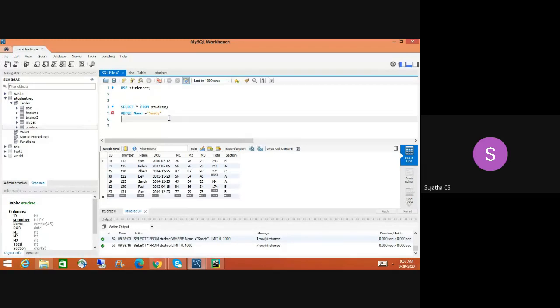So when you apply AND, imagine the truth table. AND operation means all the inputs should be high, then only you will get the result, right? The same thing here. Yes, ma'am. In this table we have two Sams.